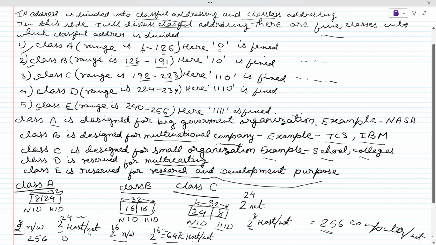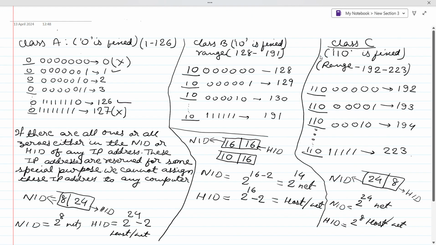Then comes how we have divided class A, B, C that I have discussed here in this slide. As I have said, in class A, the first bit 0 is fixed, so its range is between 1 to 126. If you keep the 0 as fixed, the bit positions are 2 to the power 7,